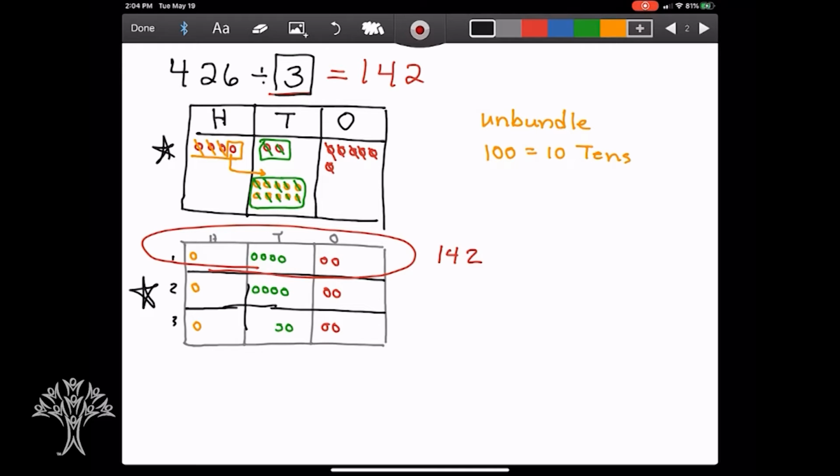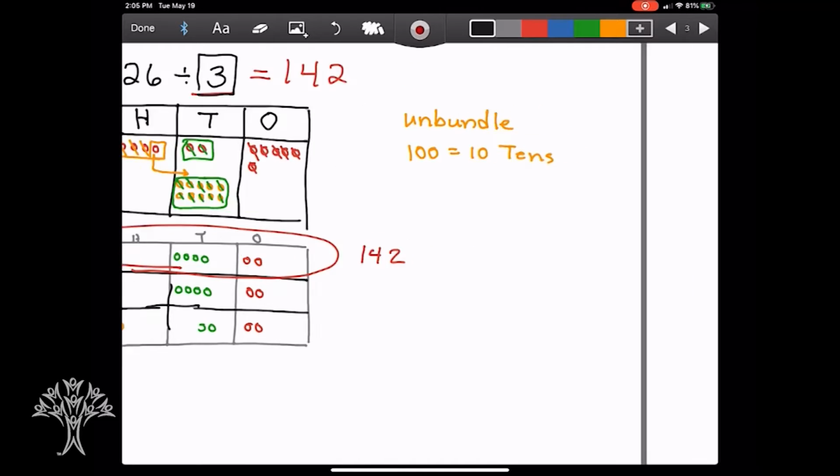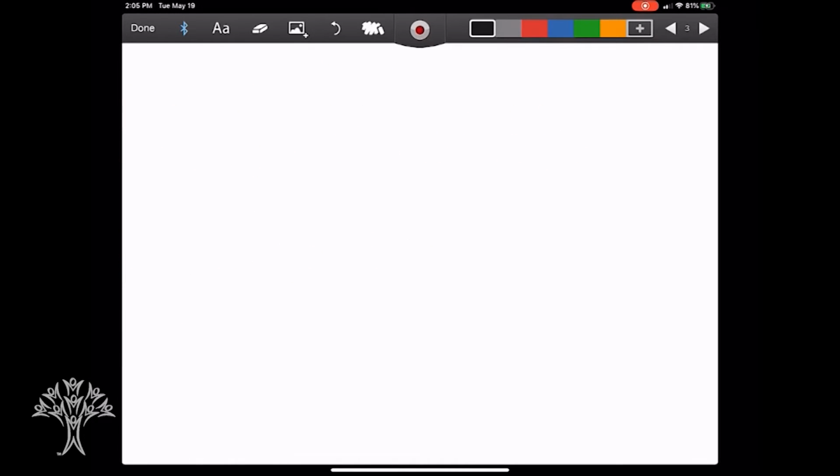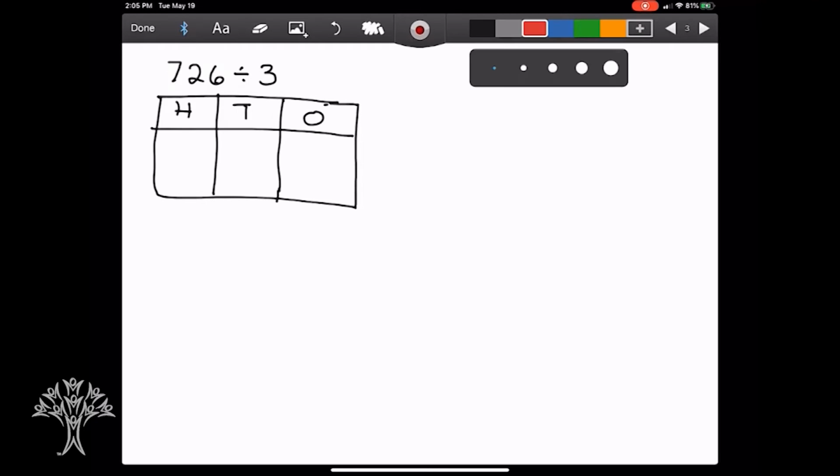So we're going to try that with another problem, and this time I'm actually going to show you, as the second part of it, the standard algorithm that goes with division. So let's look at this with a different problem. This time let's look at the problem 726 divided by 3. Our first step was, let's draw the place value chart. Let's put the numbers on here. So there's